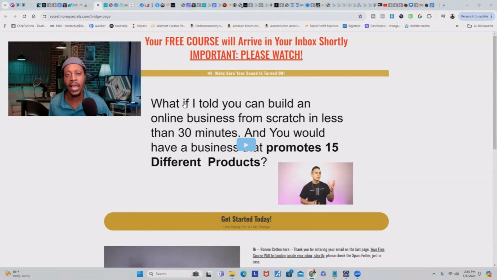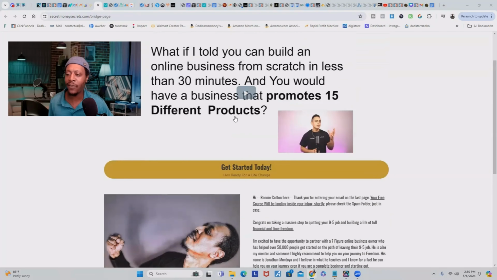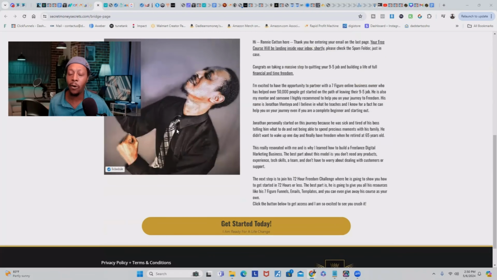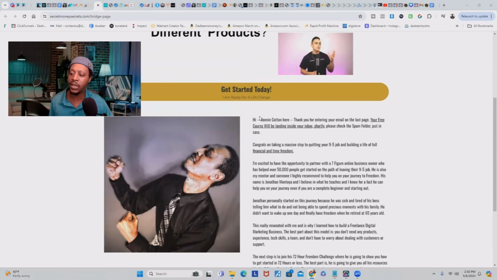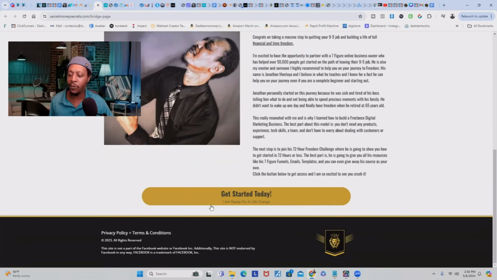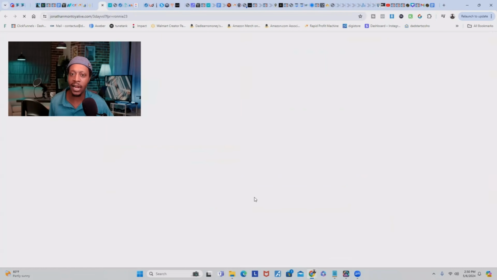And also, this is how your bridge page would look. He's going to have his video there, but you'll have the option to change it to make it yours, or you can put it right below his, or you can add an image. But as you can see, all of the names and everything have already been changed. You do that when you first create your account. And then right here is your affiliate link inside of this button.